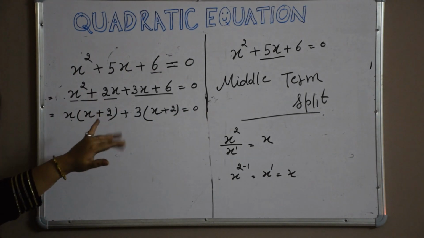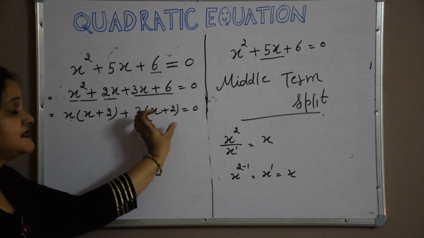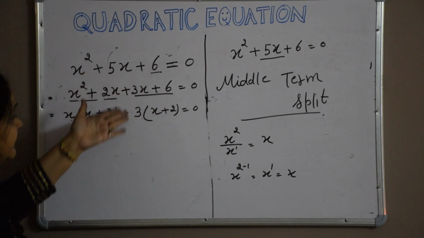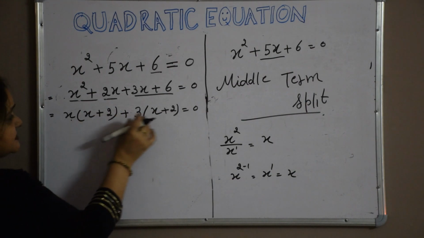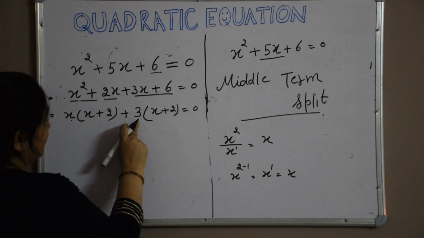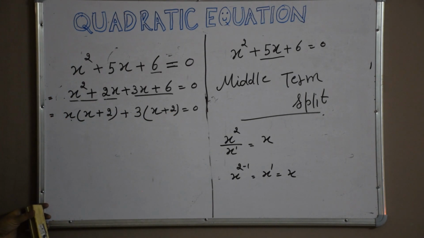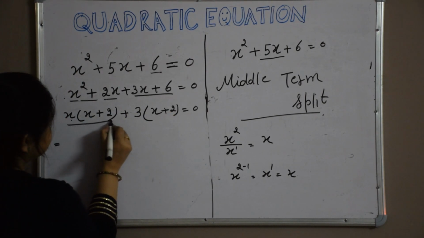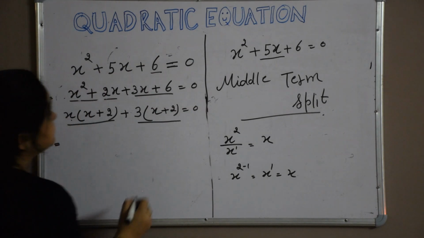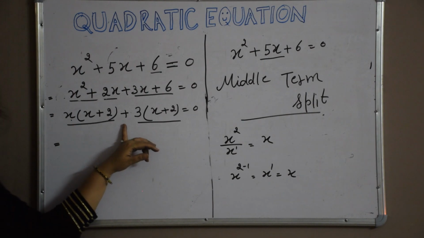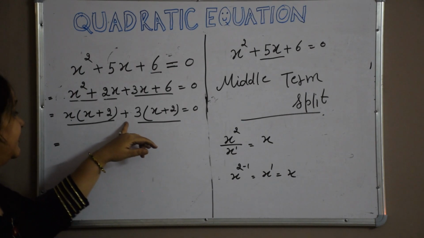Now it is this number, this term and this term is always same. You can check whether you are doing right or not by checking this one. Whenever we are taking common, this term and this term is always same. Now see, it is a single term now, because I told you the term changes whenever we are applying plus or minus sign in between them.